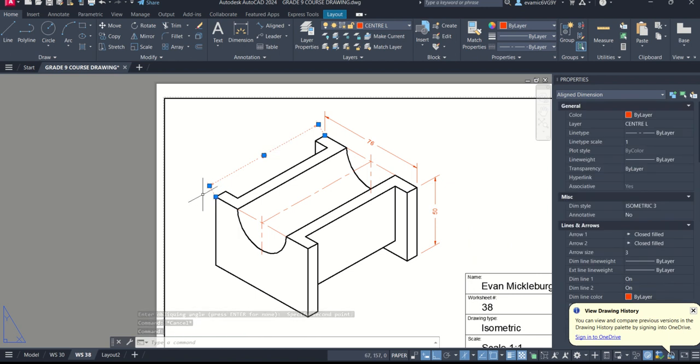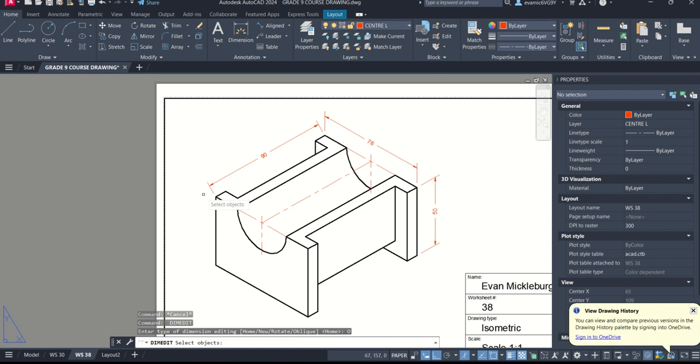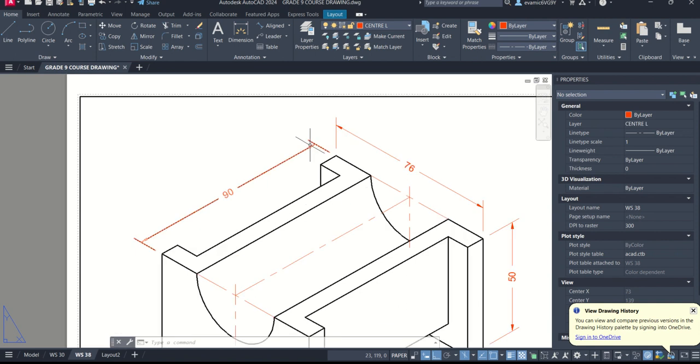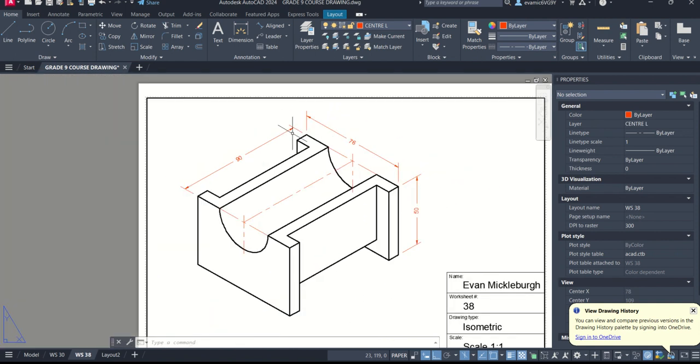So then I'm going to go oblique again, dim, edit, enter. I'm going to click and then enter. And then shift my cursor so that I can work from there to there. Click on those 2 points as a reference, and you can see how it shifts it out. We could have also put this up if you preferred. In fact, it may have been better, so if you can leave it like that, and if you want to,